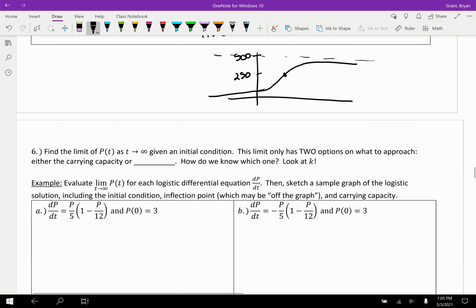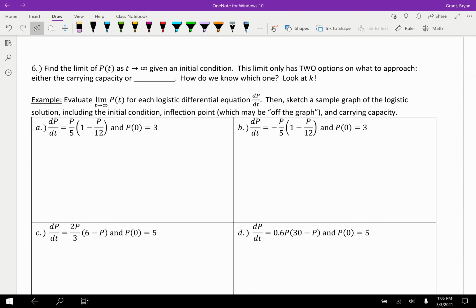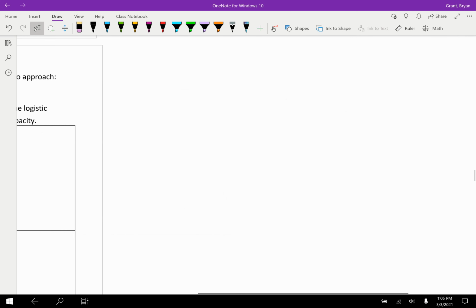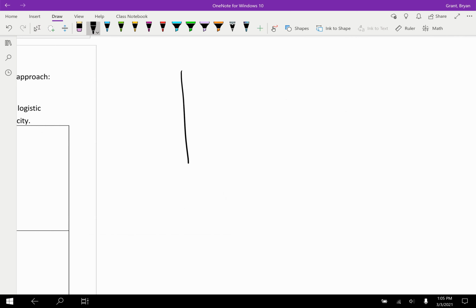All right, we really only have one more concept to run through, and then you guys get a few practice problems, and that's it for today. The last part is to find the limit of p of t, of the original logistic function, which again, you don't need to know, as t approaches infinity given an initial condition. This limit only has two options on what to approach, right? And I'm going to show you those two graphs over here really quickly, right? Either logistic growth